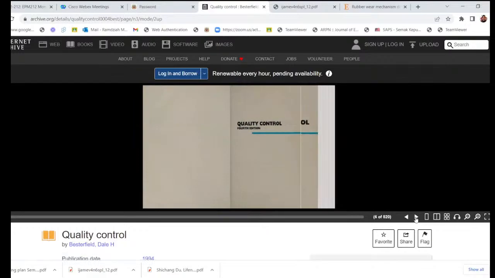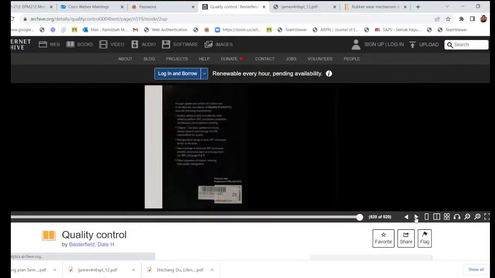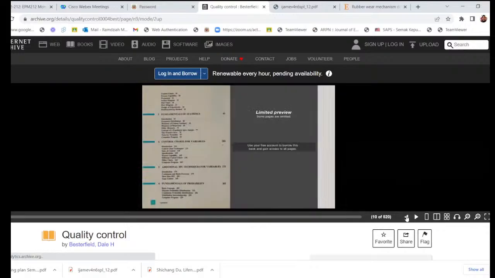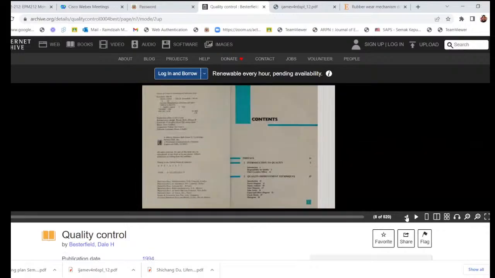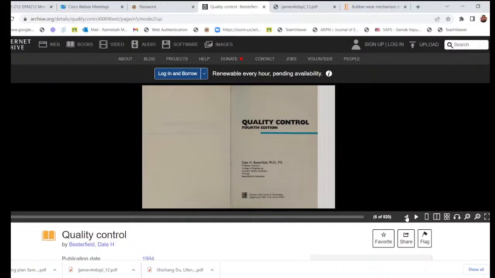Okay. For those who already bought these ebooks, they can get all the content, or if you look at the hard copy, it's even better. I actually want to share with you our USM publication on quality control.